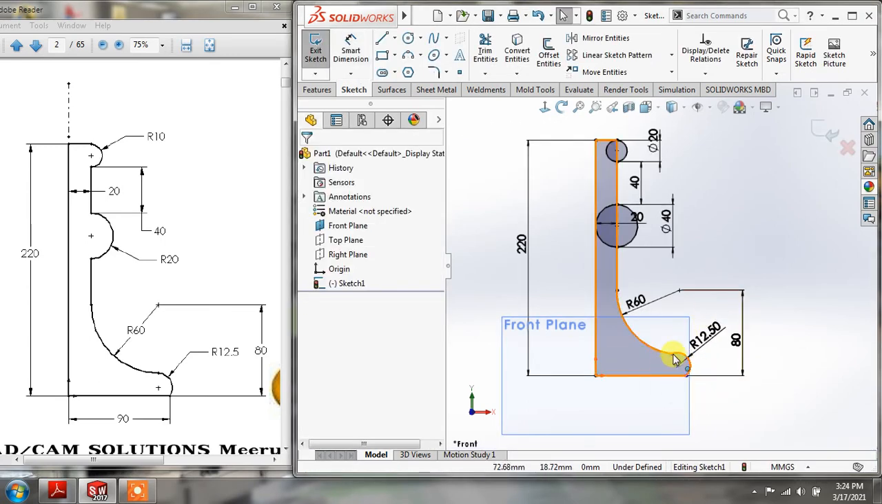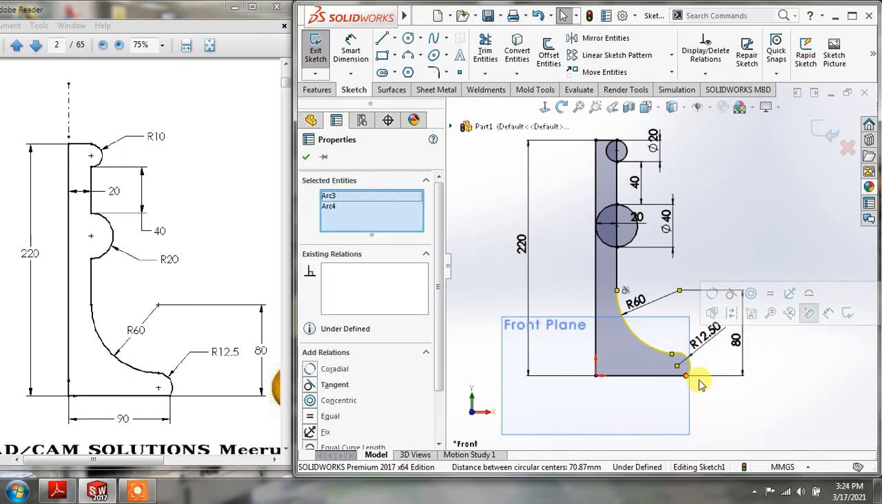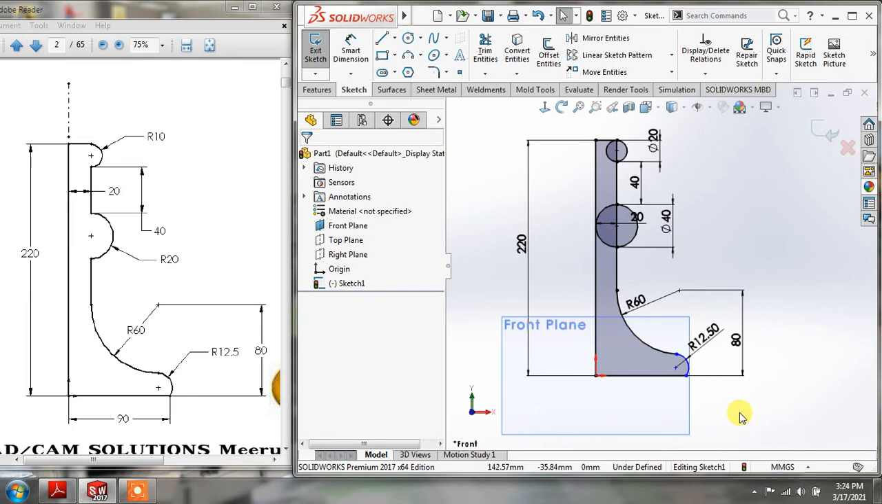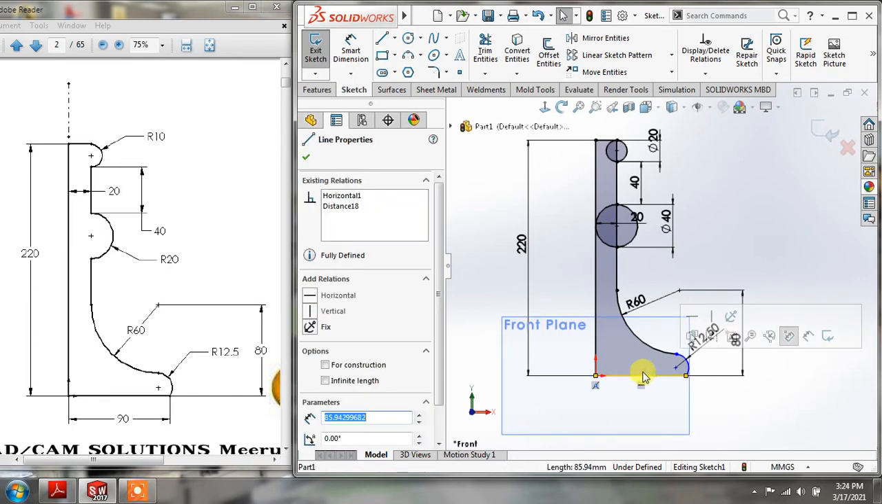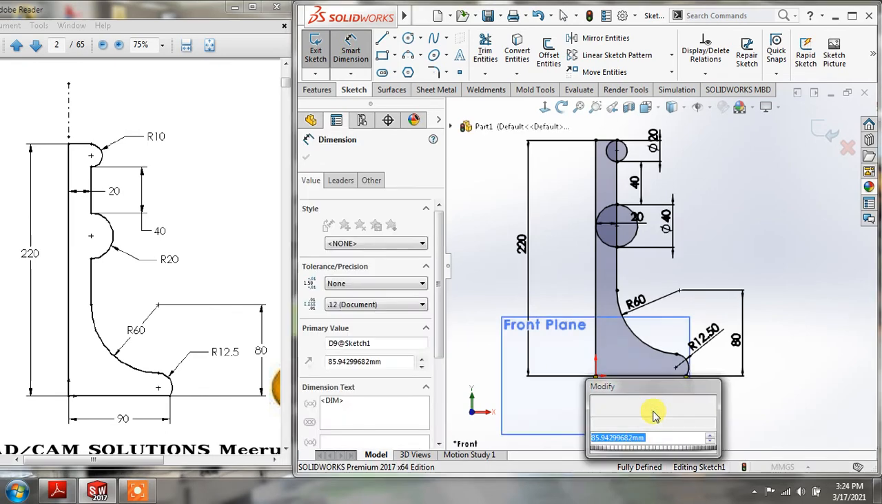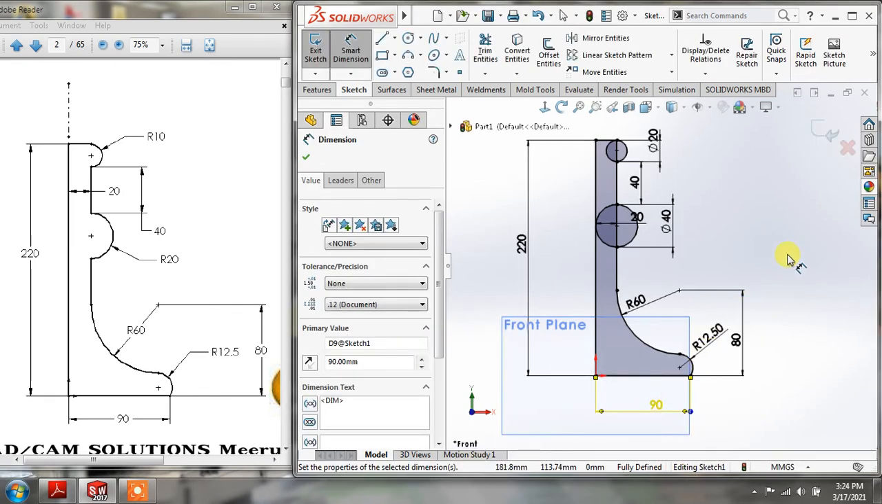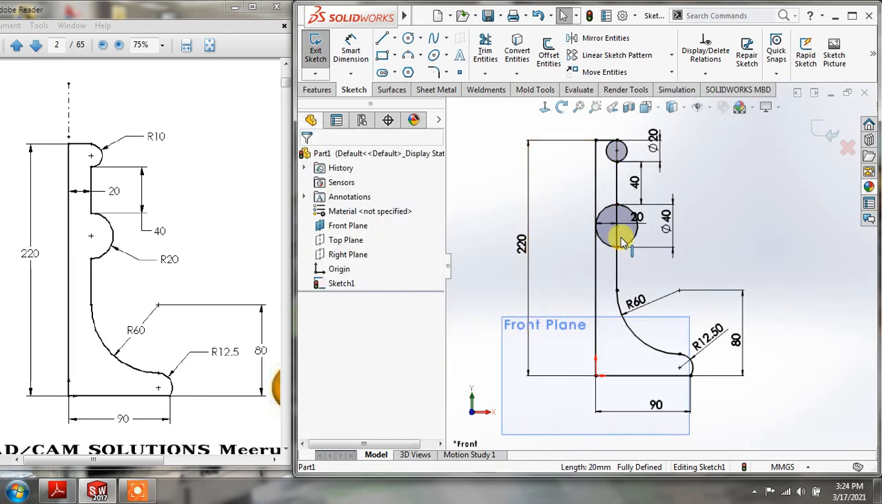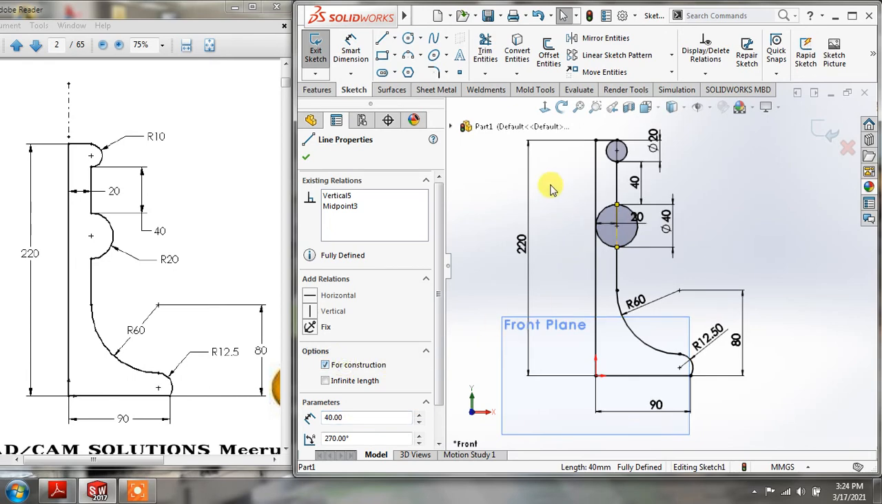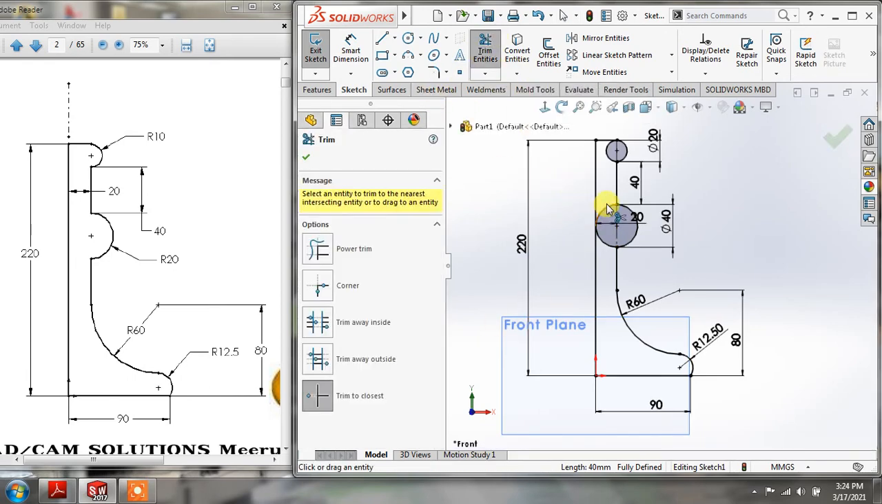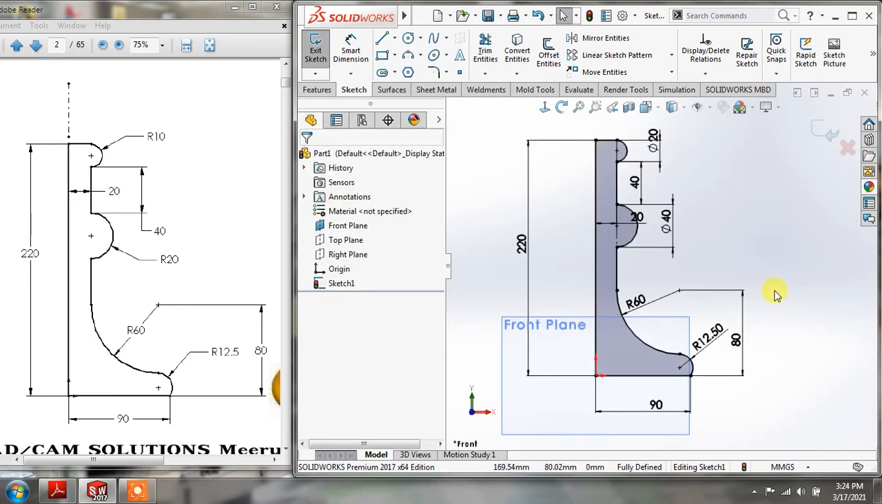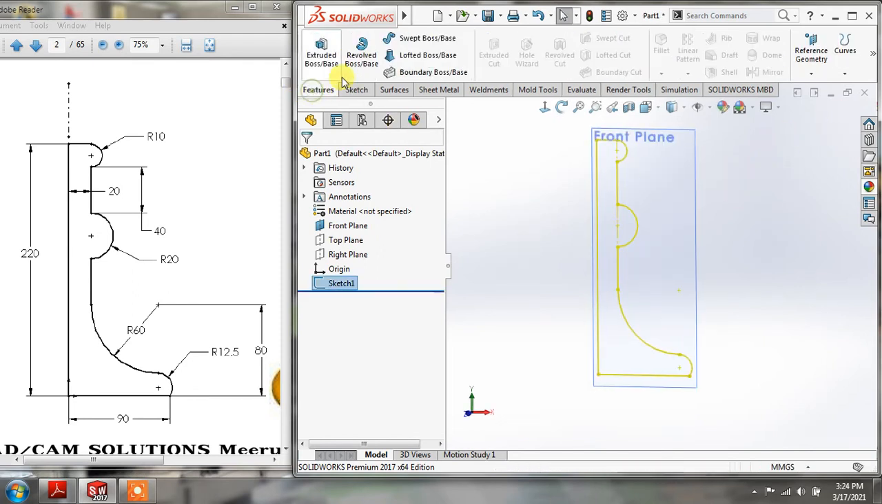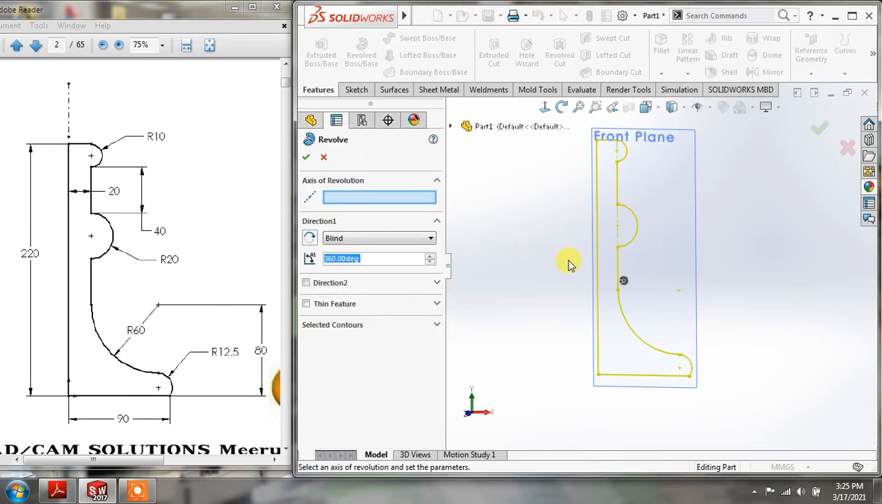Okay, now only one thing remains, we have to make tangent for these two. Okay, and this gap dimension it, this is 90. My sketch is fully constrained and some lines remain, so make them for construction use, and trim for this and this. Okay, this is my sketch. Now exit and select this revolve feature, and axis of revolution is this,